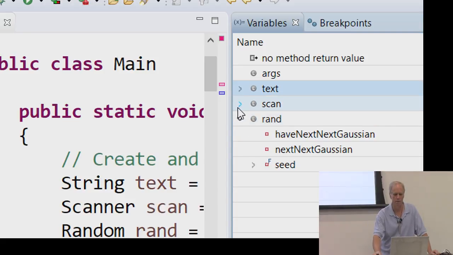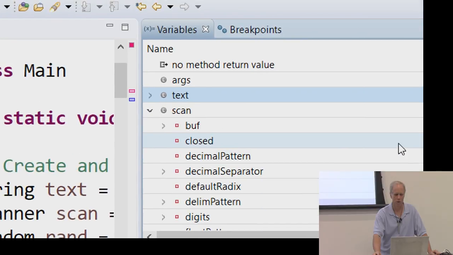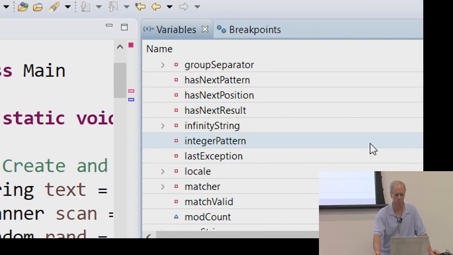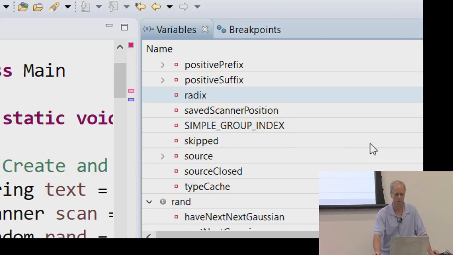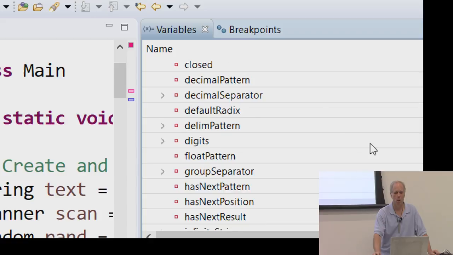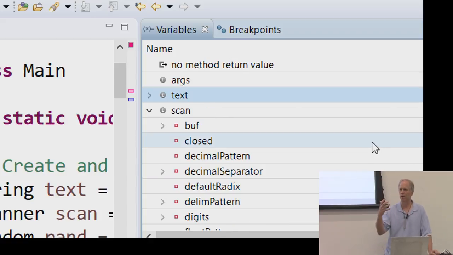What if we look inside the scanner? What do you think we'll find? Wow, lots of stuff. buf, closed, decimal pattern, decimal separator, default radix, digits, and so on. Look at all that stuff. You had no idea, probably. There's a lot of detail contained in a scanner object. It's got to keep track of what it's reading, where it is right now, how it's defining delimiters, is it